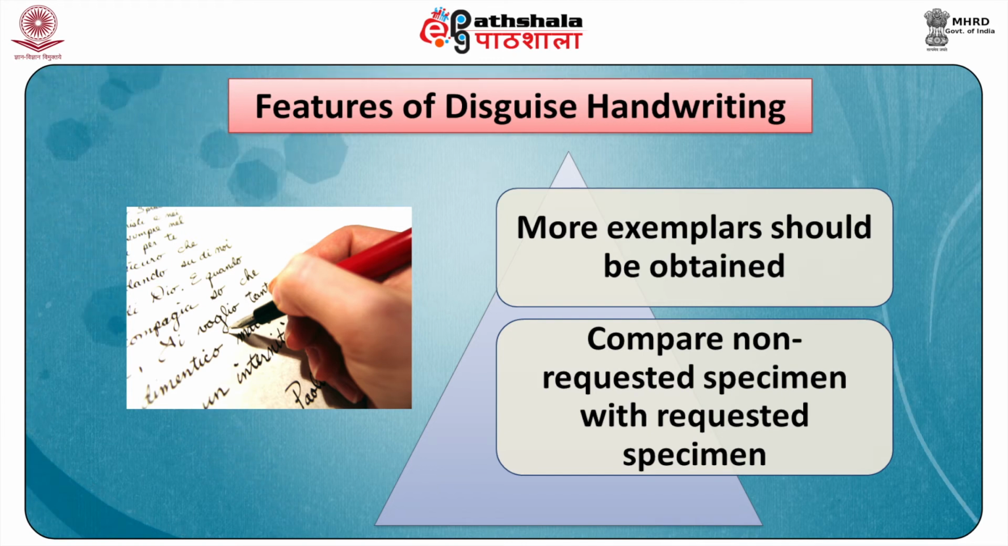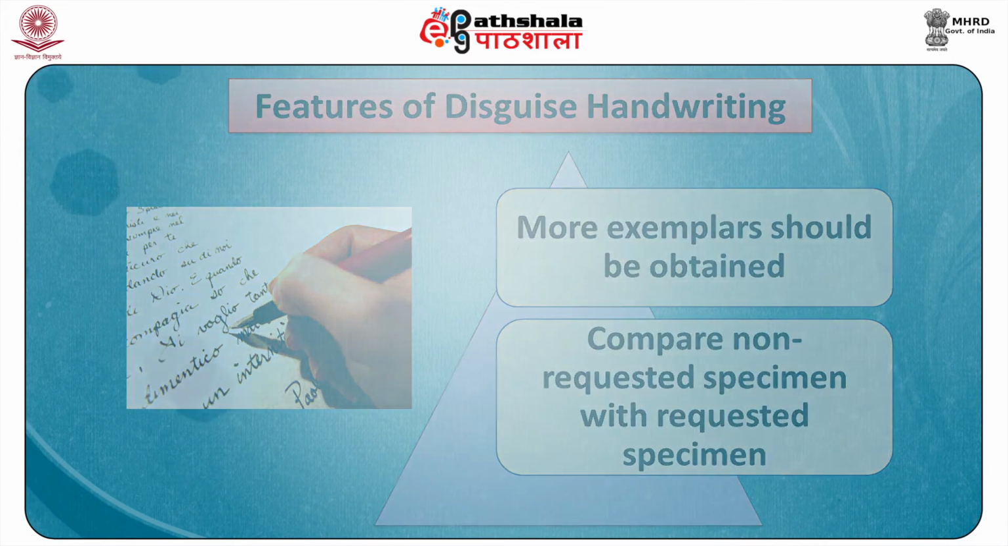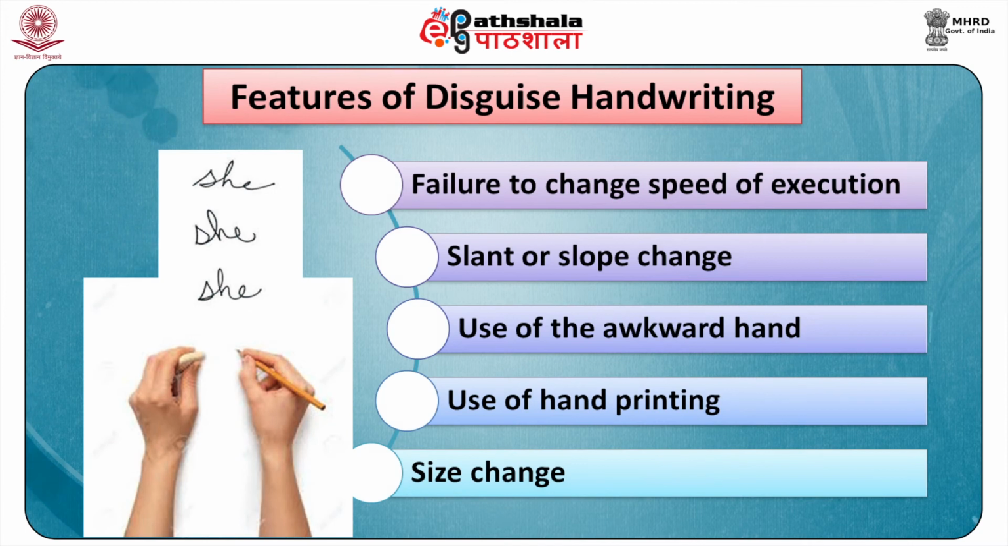These will enable him to see if there are any obvious differences between these collected specimens and requested writings. When most persons who are giving a disguised specimen are confronted with a naturally written specimen, they will discontinue the attempted disguise. Some of the features often found in disguised writing, identified by Ed Alford, are: